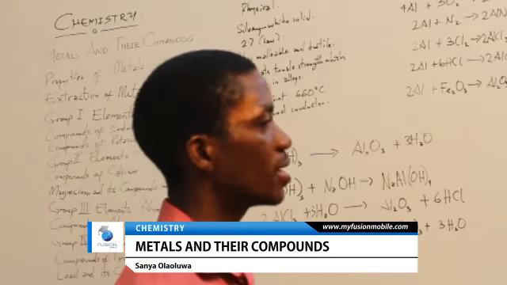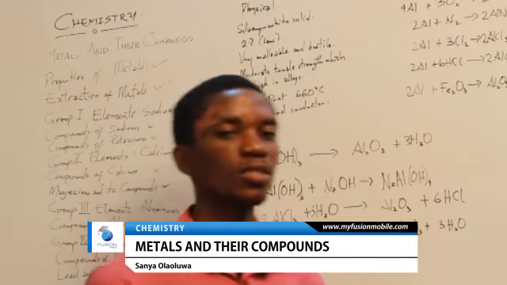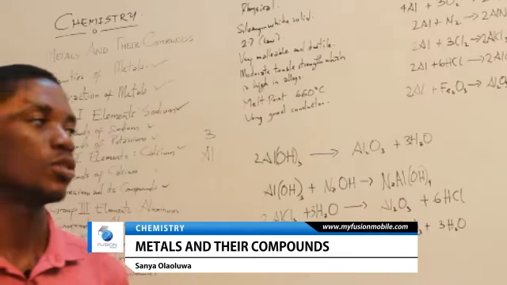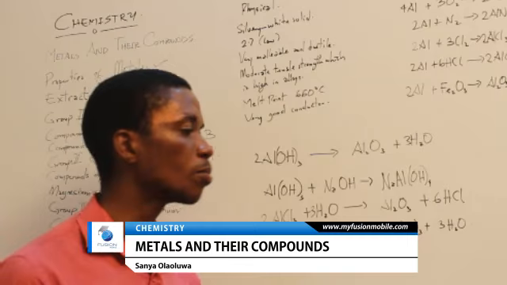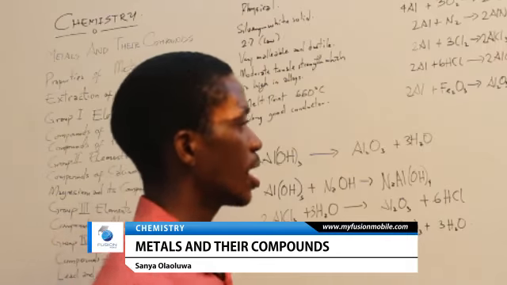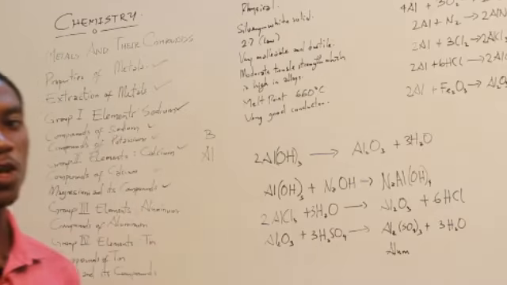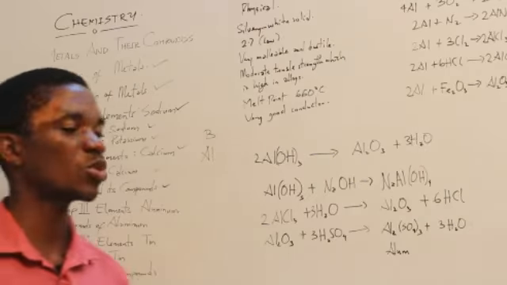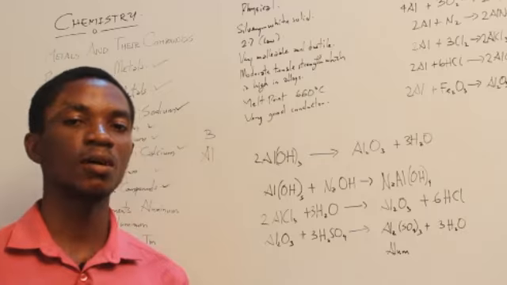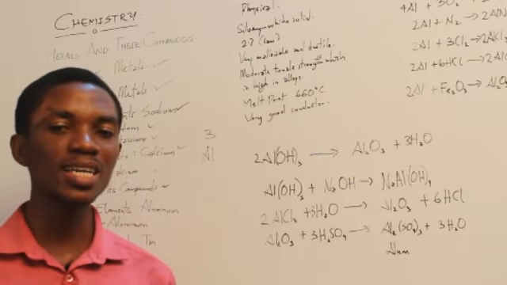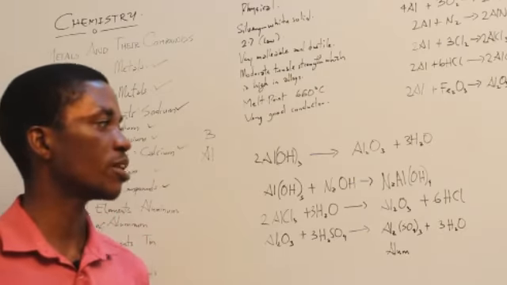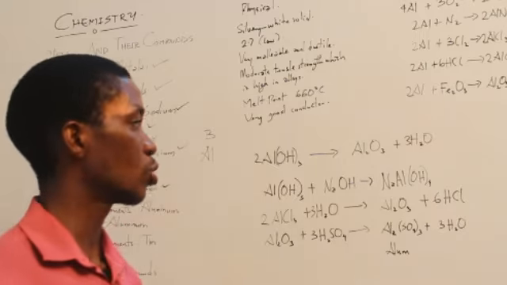Also, it is used in paint making, especially oil paints. We use aluminium as one of the components that is mixed together, and in the alloying of metals for corrosion. When you want to alloy a particular metal to increase the strength of the metal against corrosion, aluminium is a very, very good material to consider.